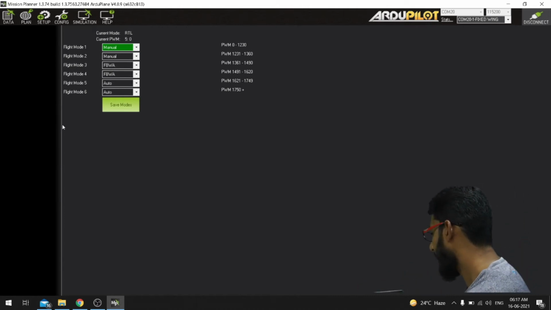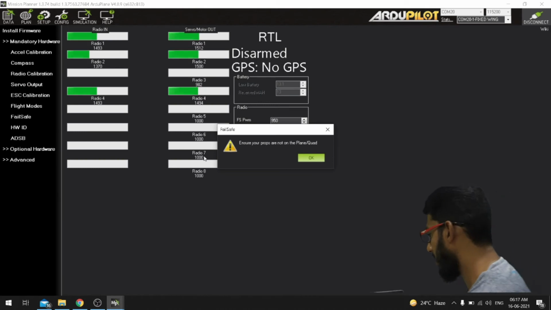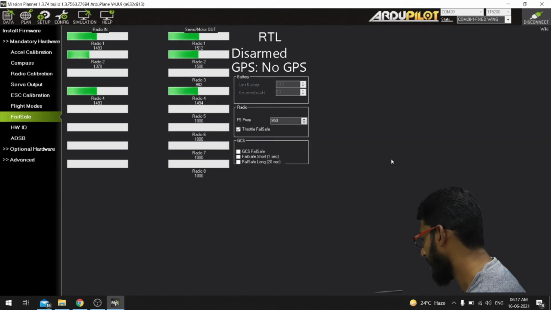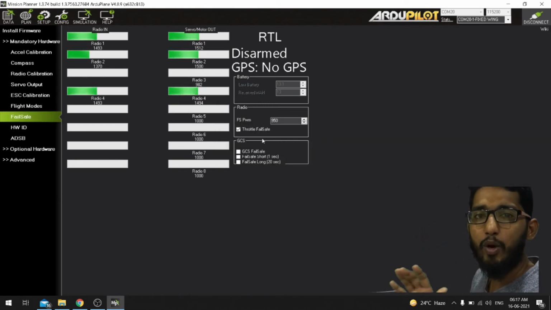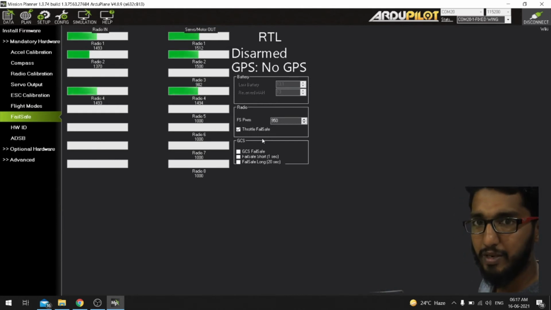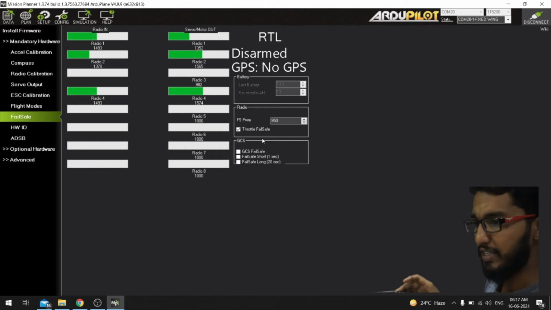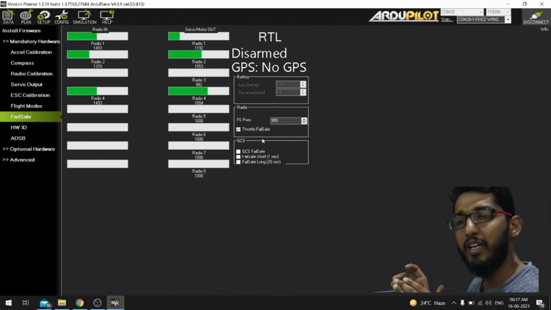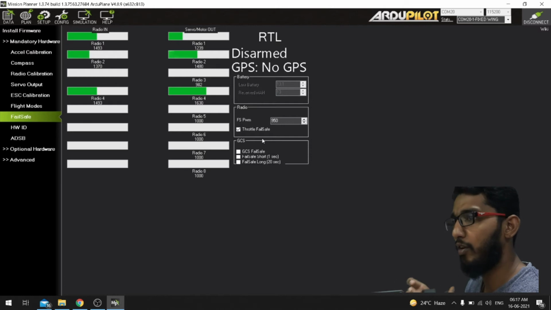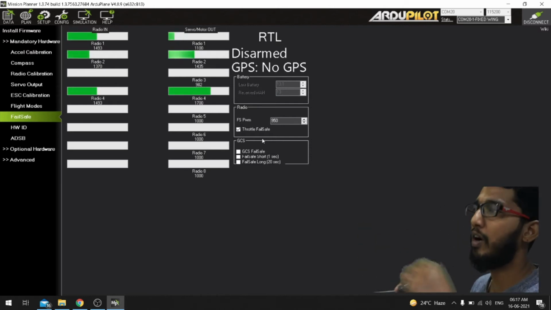Fail safe is also one of the options where we have three factors. One is on low battery, what happens? You can give settings to the Mission Planner, which internally configures the flight controller and does that action. Let's say my aircraft is flying at 12.6 volts of battery, and if my battery reduces to 11.4 volts, the aircraft or the drone should come back to home or land there itself.